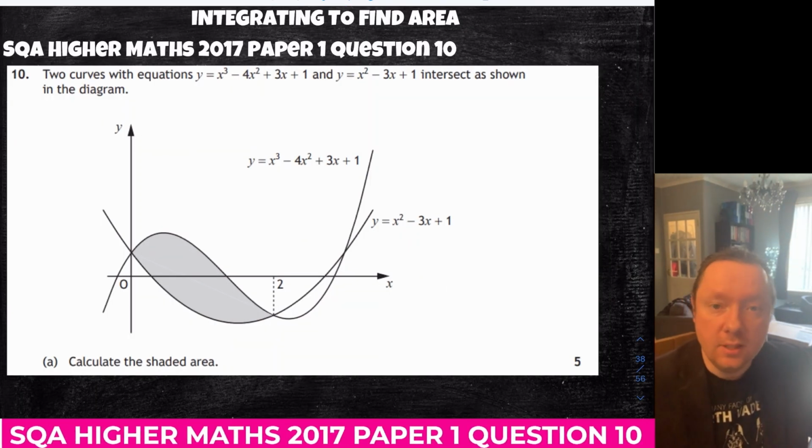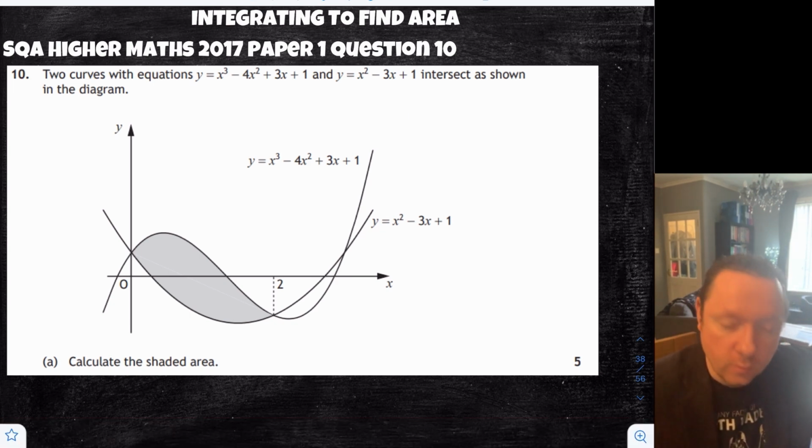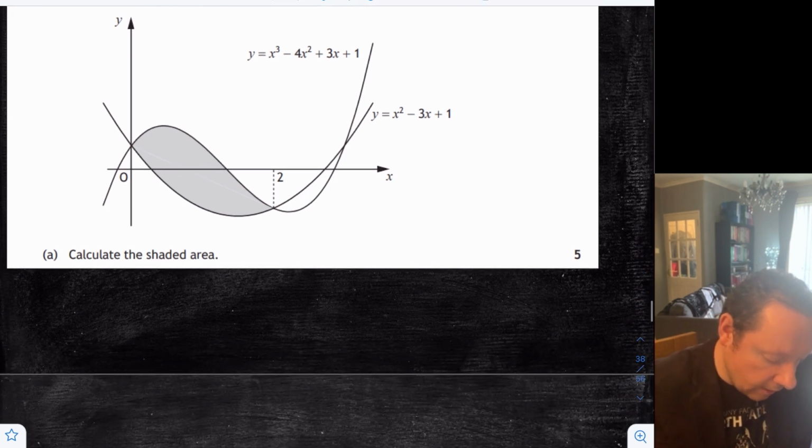SQA Higher Maths 2017 paper 1 question 10. Two curves with equation x cubed minus 4x squared plus 3x plus 1 and x squared minus 3x add 1 intersecting in a diagram. Calculate the shaded area. To do shaded area between two curves, it's the upper curve minus the lower curve between the x's, which is 0 and 2. So I can immediately write down it is the integral between 0 and 2 of our upper